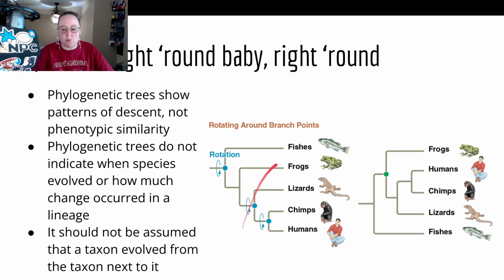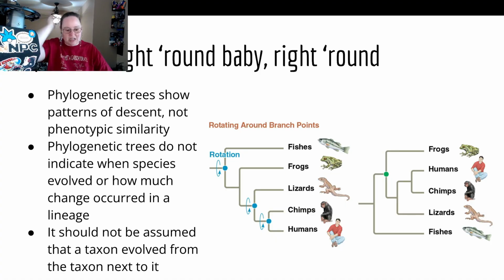Keep in mind we can also rotate these. So this right here is just as correct as this one right here, even though we've rotated it all over the place. We prefer this one because it looks better, but you will see some that are rotated, and there are reasons for that. So don't get kerfuffled if you see this and go, yeah, that makes sense, but then see this and go, ugh. We can rotate the branch points, and sometimes we do that, A, to save paper, and B, to branch off on clades, which you're going to see in a minute. We're going to talk about clades.